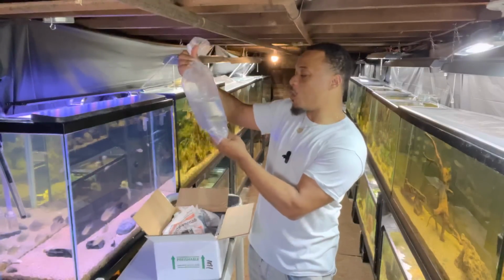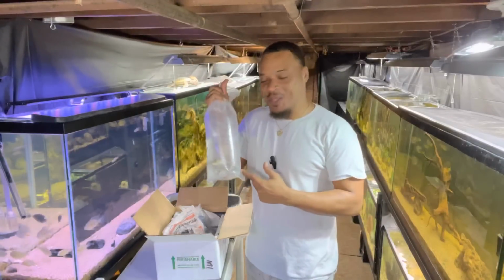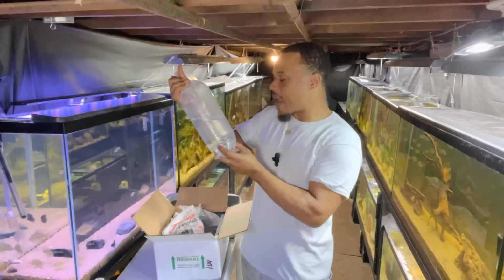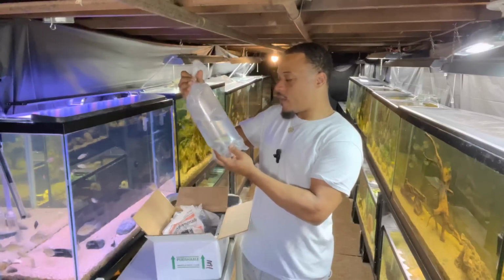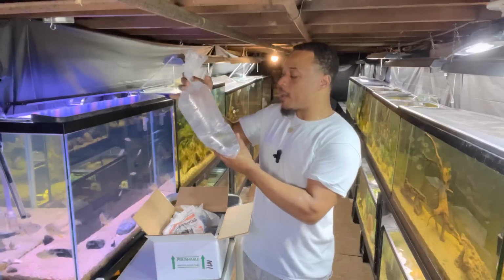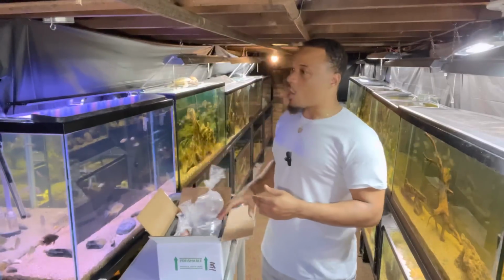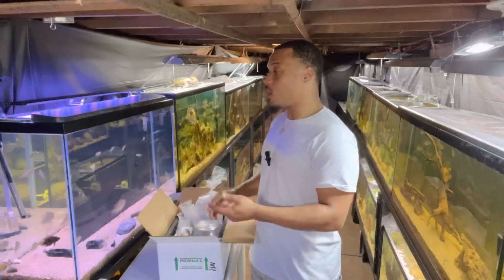We got us a dope little Fogo bass, man. Y'all need to leave some names in the comment section. What should we name this dude? Because he's gonna be another mascot in the future in the fish room, and I cannot wait to see this dude grow, man. It's gonna be a while, but I'm gonna be upgrading him to the 120 gallon along with the other fish that we got in the last video,